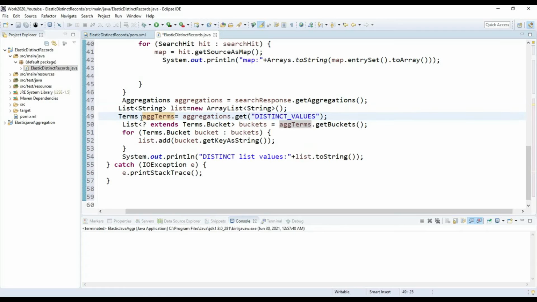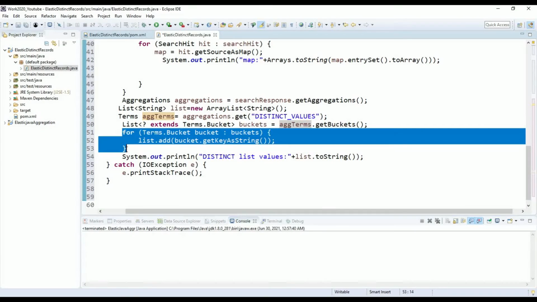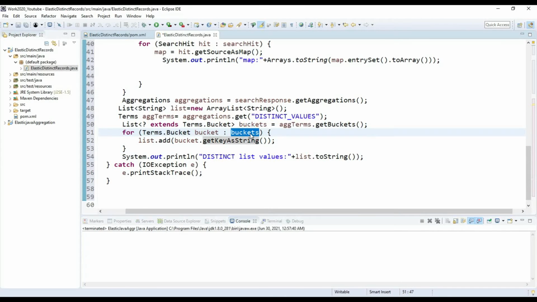like we are matching one to one records with the database, and we are creating one bucket. Inside that bucket, all my records will be present. So I just have to execute this for loop in order to find my buckets in my database. Buckets means particular values. Okay, so it will assign the bucket internally, calculate that field, find the unique fields, and add them into this list. Okay, and here I'm printing this list.